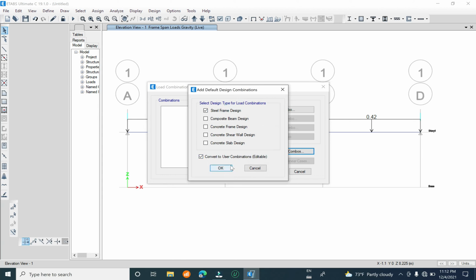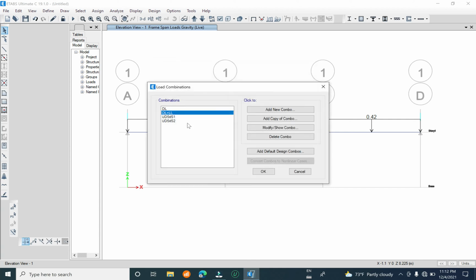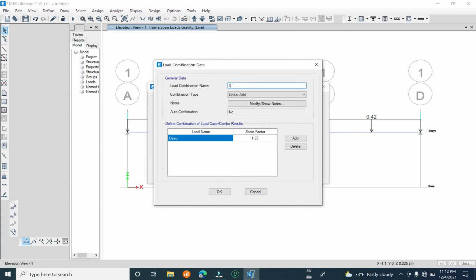We convert it to user combination. You can edit it. So you have to check it against your design criteria or not. DL plus LL, and this one is 1.35 DL, and the last one is the ultimate limit state combination 1.35 DL plus 1.5 LL. Okay,